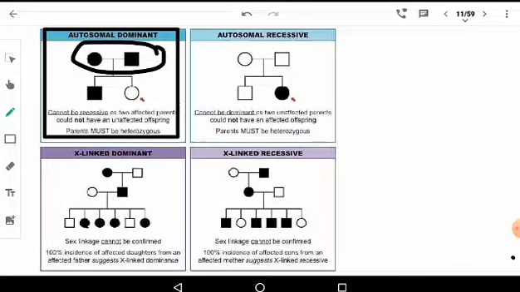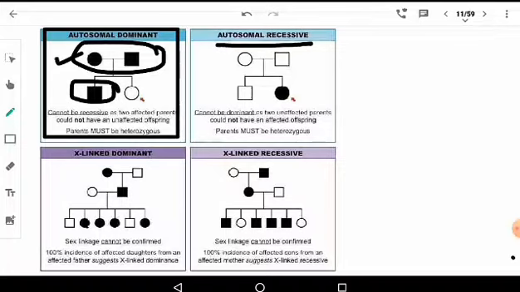Either one of the parents or both the parents are affected, and one male child is also affected, but here the mother was also affected. That means we can say that it is not a sex-linked disorder, right? Both the parents are affected in the first generation, so it is not sex-linked. Rather, it is an autosomal disorder, and since the parental generation also has the disease, we can say that it is autosomal dominant. The second one is known as